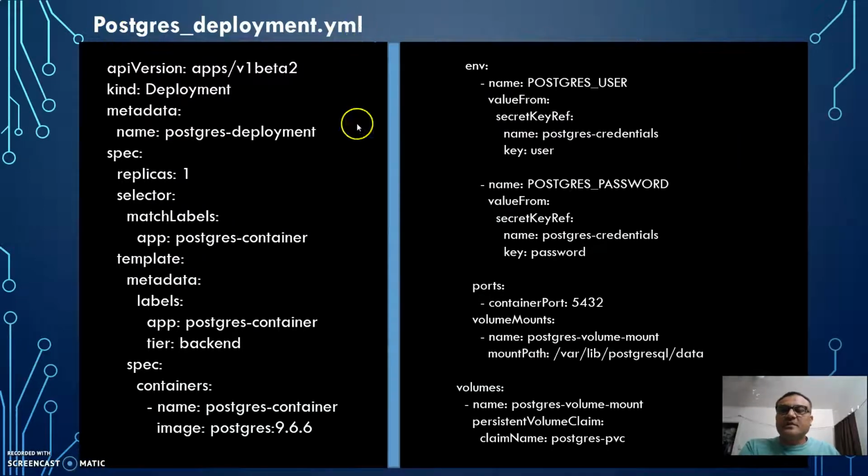Postgres deployment: we can deploy the Postgres container by using this YAML file. Postgres is also listening on port 5432, that's mentioned here. That's the path for this data. And the most important thing from a security perspective is this area where we can mention the Postgres username and password. This is the way we can call the password and username from secrets. So if anybody has access to this YAML, they cannot find what the password or the username is.